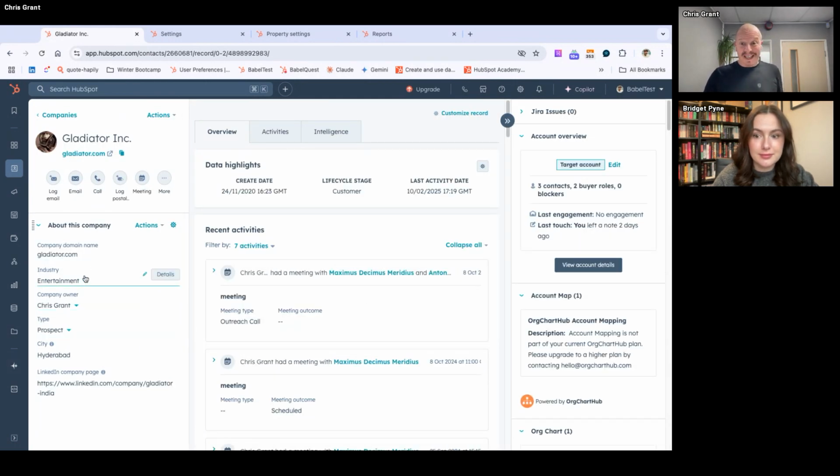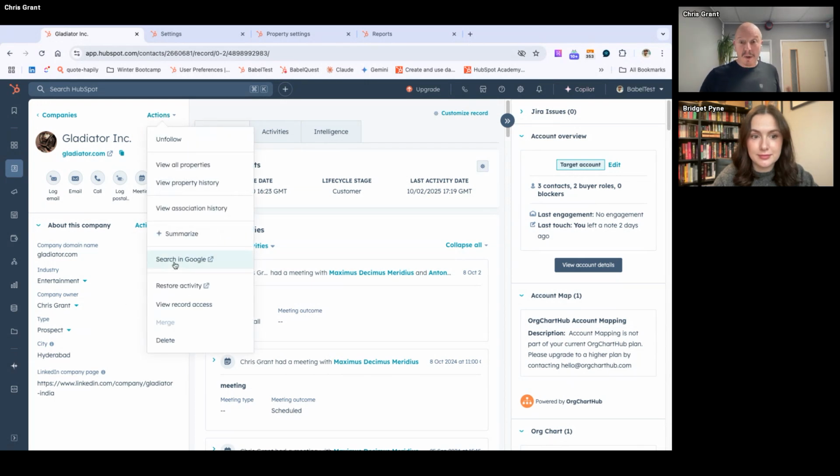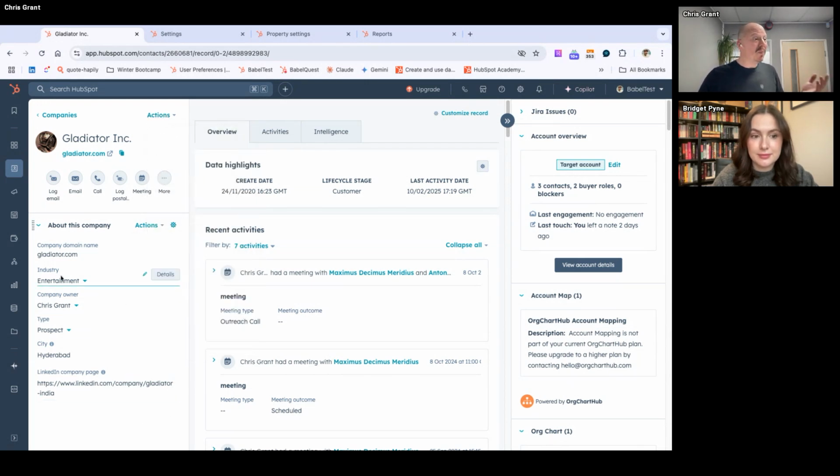And you see immediately, we've decluttered it. There's less there. But then, for example, there's a few other considerations. Like, for example, we've got company domain name here, but actually we've got company domain name up there. So do we need to have that in two places? Probably not. I can click and open the website directly. And I can also search in Google and find it as well. So we could remove that.